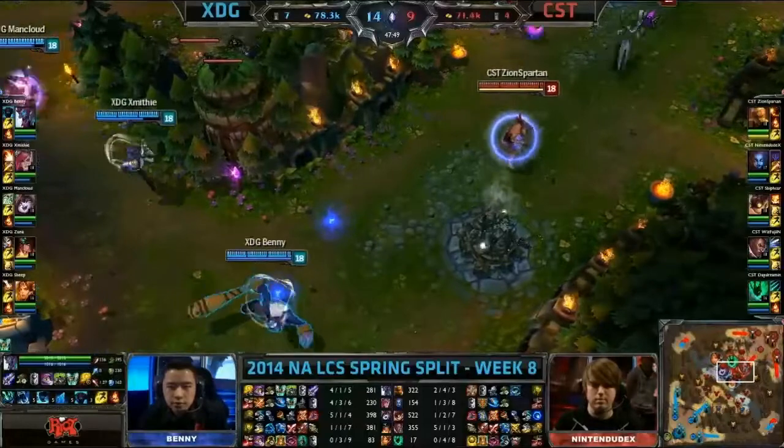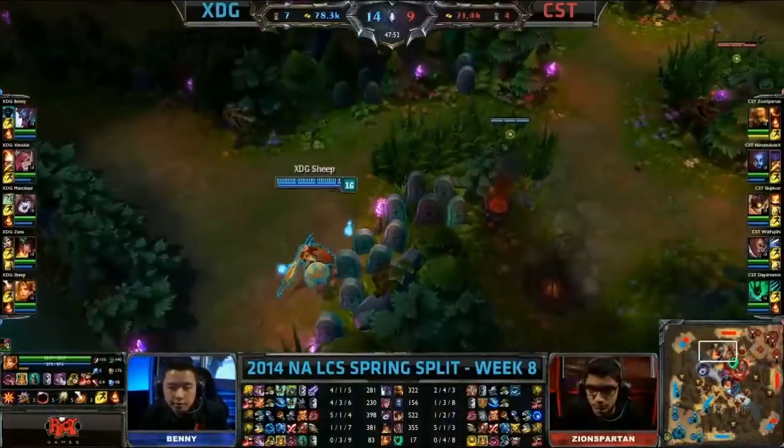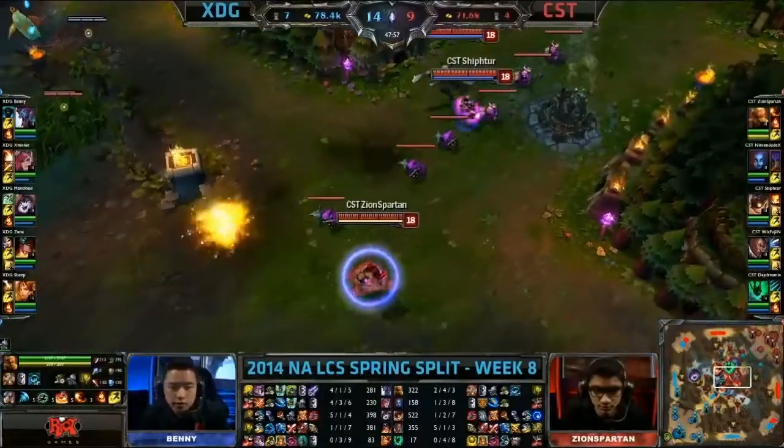The mid lane, 47:50, 51, 52. XDG Sheep putting a ward over by the red buff. It's not 50 minutes yet, Freak. Don't worry. All right, well...